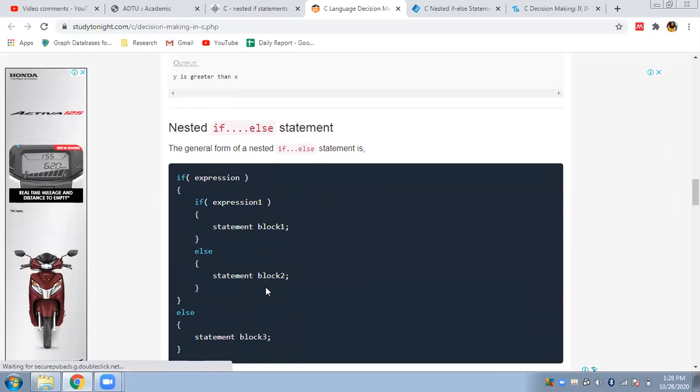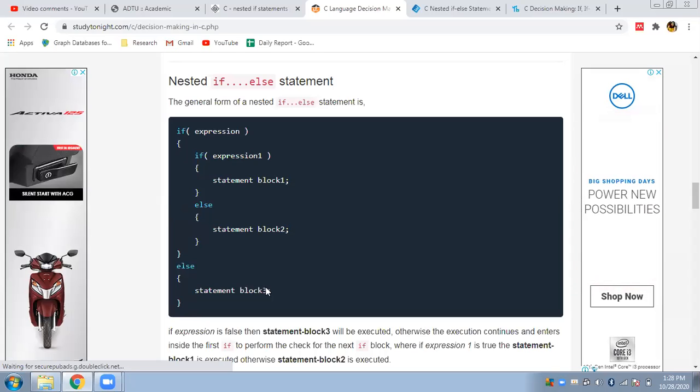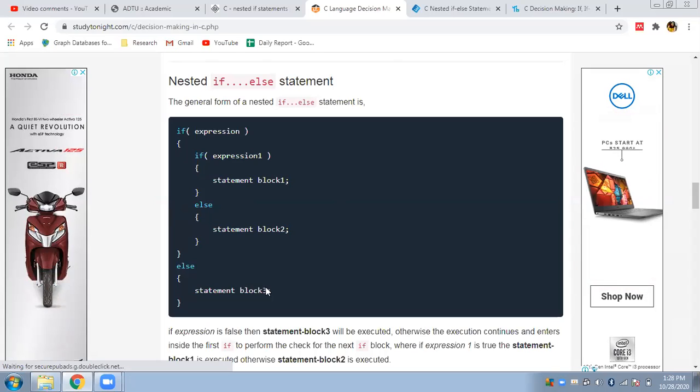Today we will start with nested if else. I told you nested if else is when you have an if else statement inside the if statement or the else part. The syntax looks somewhat like this. You have an if condition here, so you will have the outer if condition. So this is the outer if else, the first if else statement.